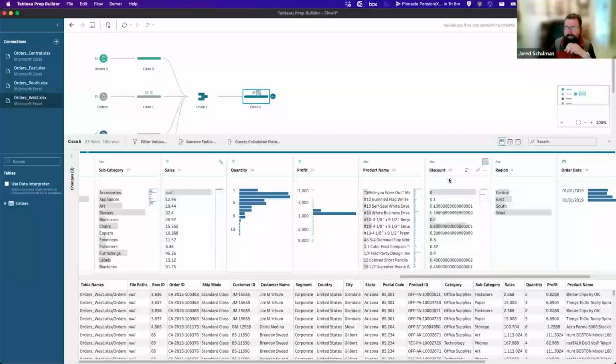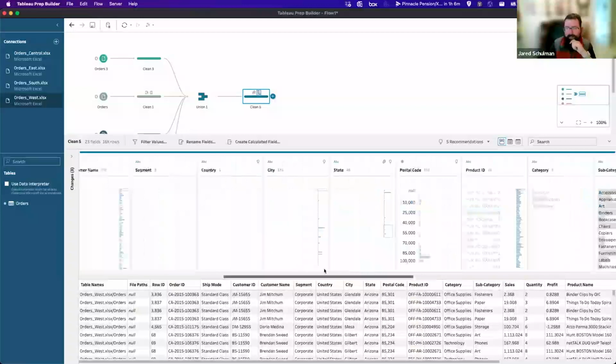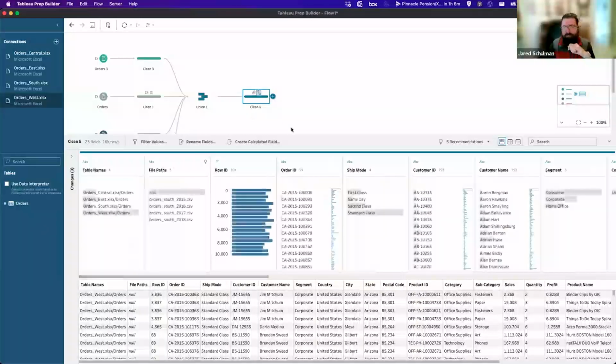And this is all just little bits of cleanup that will help make it easier when we get this into Tableau Desktop. It's less that we have to do when we get the data source into desktop.